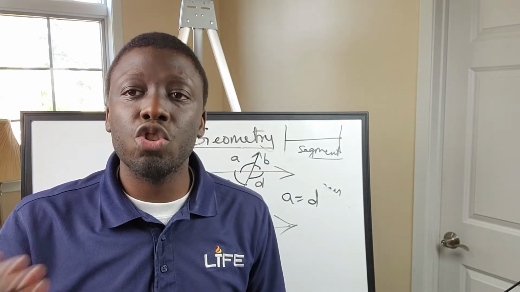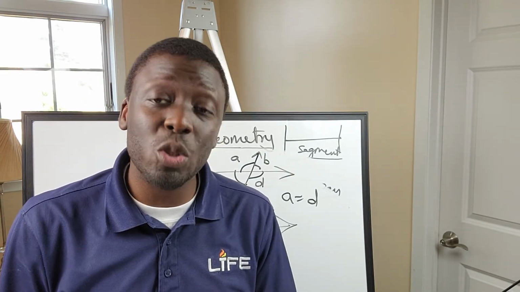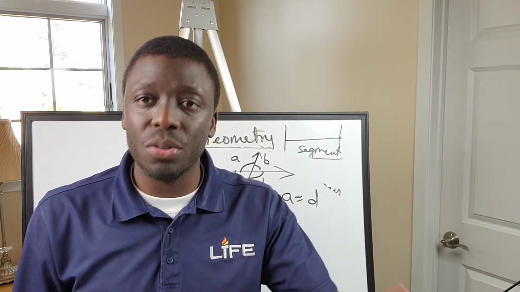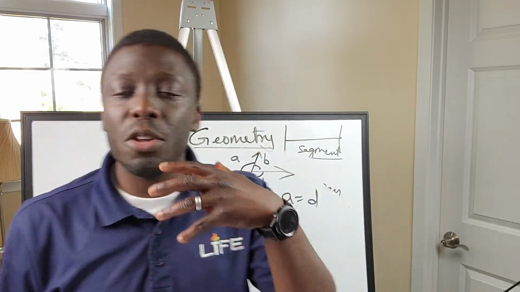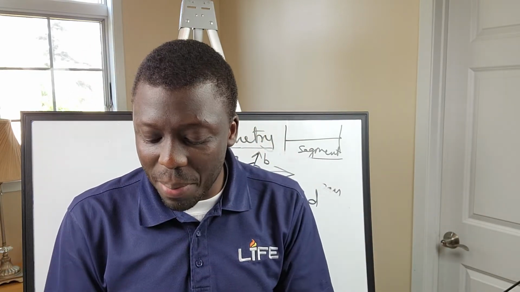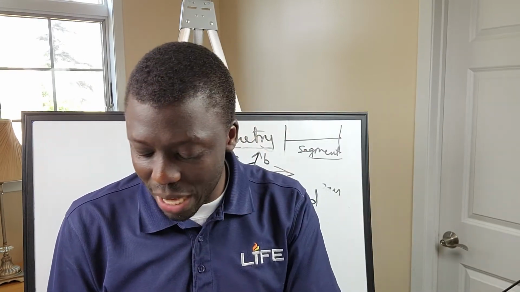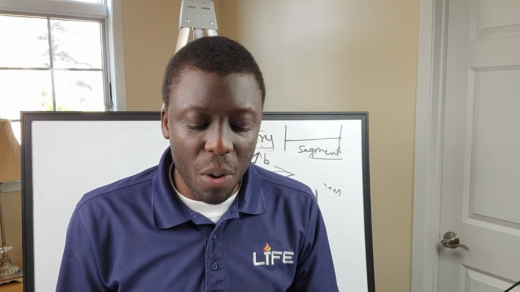You're going to learn about triangles, the different types of triangles and the different relationships between the angles of the triangles. You're going to learn about quadrilaterals, your rectangles, squares, rhombuses, or rhombi, sorry. You're going to be learning about similar triangles. You're going to be learning about circles. Areas of polygons and circles.